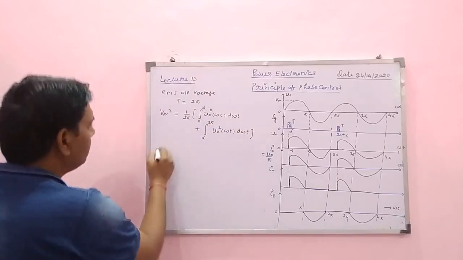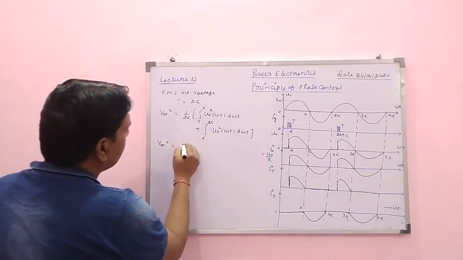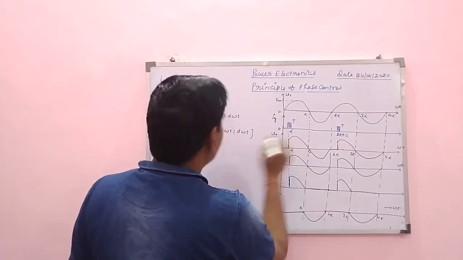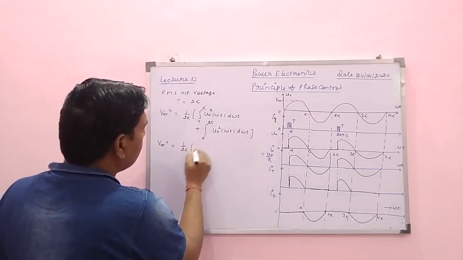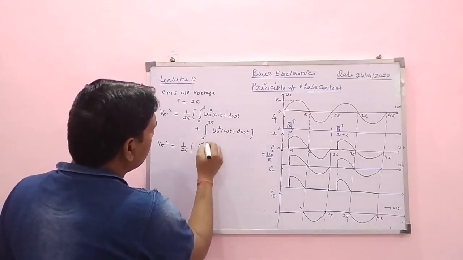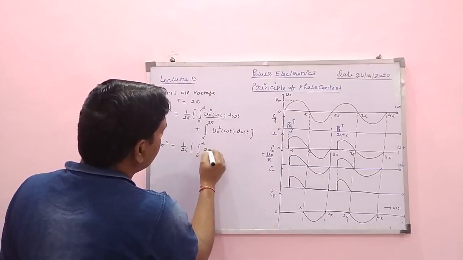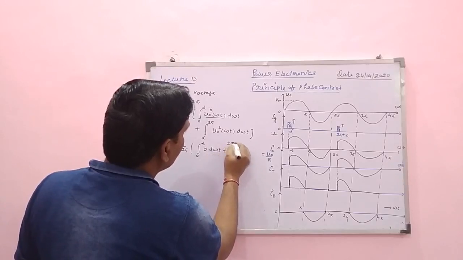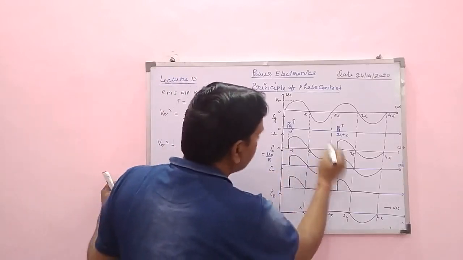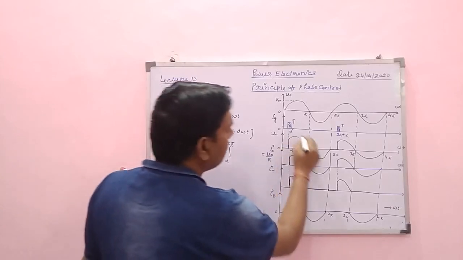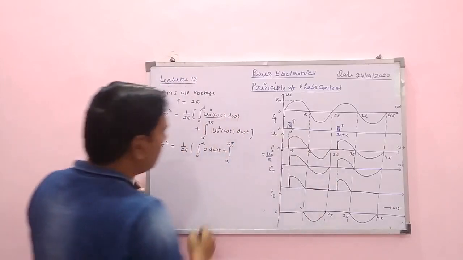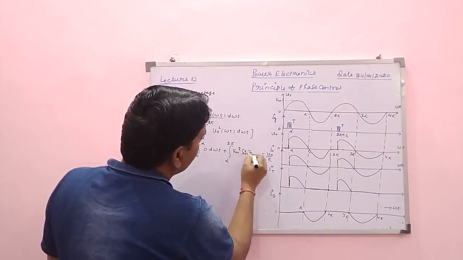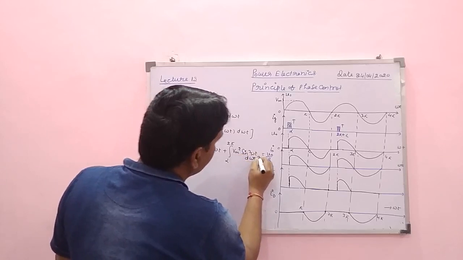Okay. So V naught R square is equal to 1 upon 2 pi. You can see here between 0 to alpha the output voltage is 0. So it will be integration 0 to alpha V naught, the value of output voltage is 0, into d omega t, plus alpha to 2 pi. The output voltage is nothing but a sinusoidal voltage, meaning it is equal to the supply voltage. It is following the supply voltage. So it will be Vm square sin square omega t, and this is d omega t.